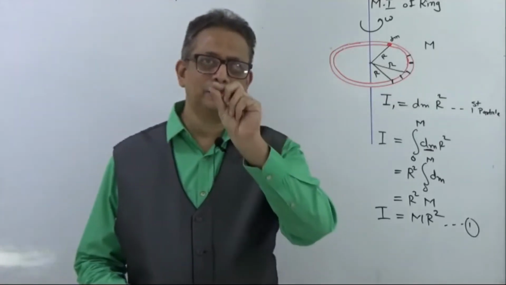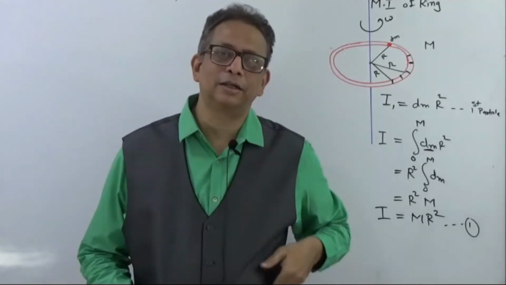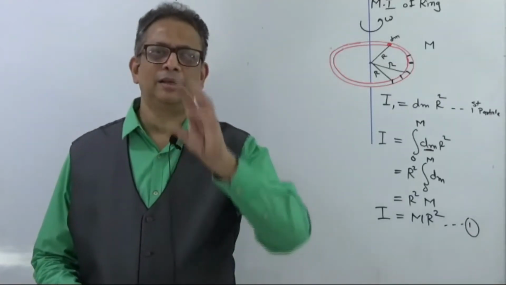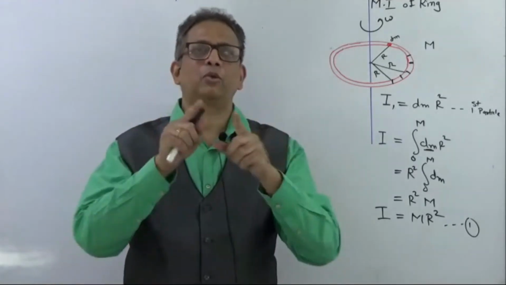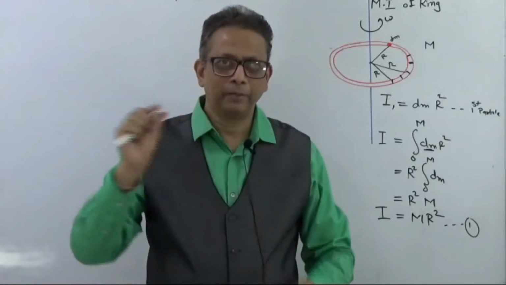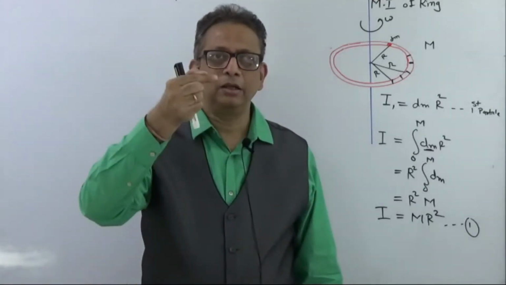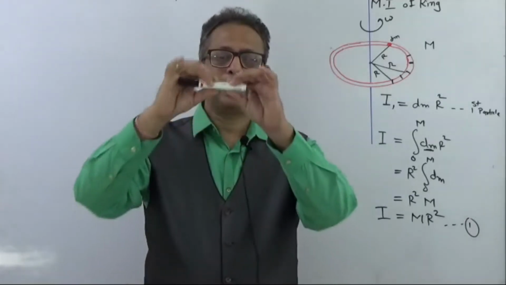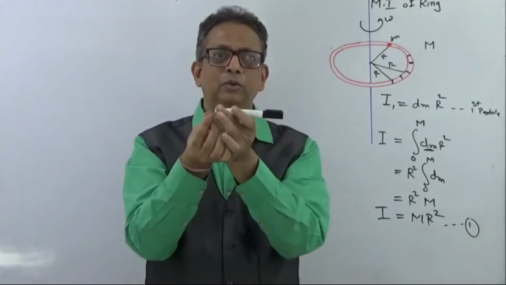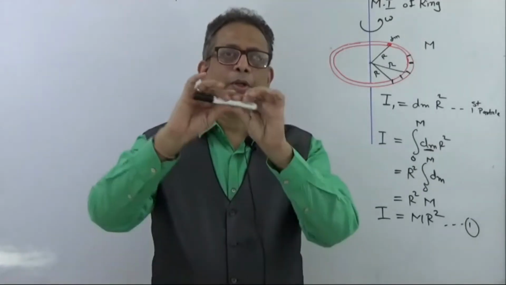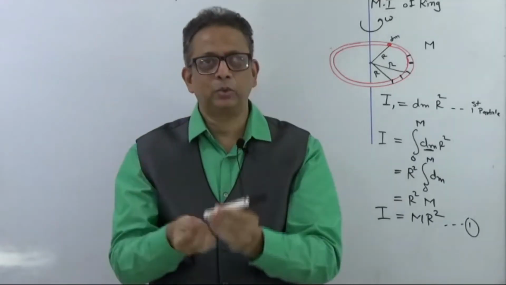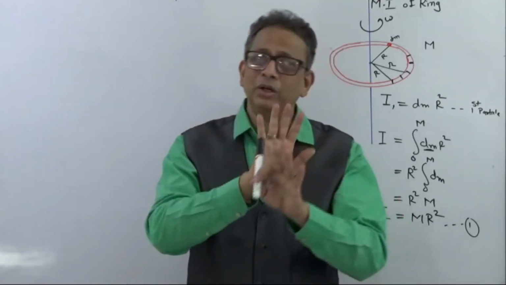The ring will have some center, no? So that radius r is considered to be at the center of that thickness, and whatever may be the cross sectional area, it could be circular, it could be a square shape, it could be a rectangular shape. I mean, it's not the shape of the ring, it is the cross sectional area of which the ring is made. I can make a ring with this circular cross section, no? If it is converted into a circular ring. This could also be a square tube or a rectangular pipe tube which can be converted into a ring. So those dimensions will not matter, right?